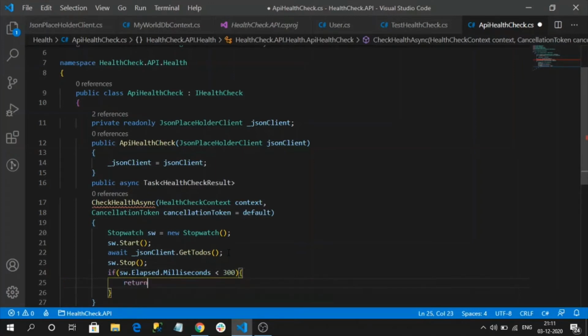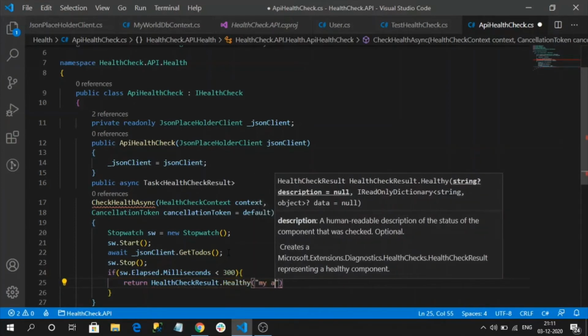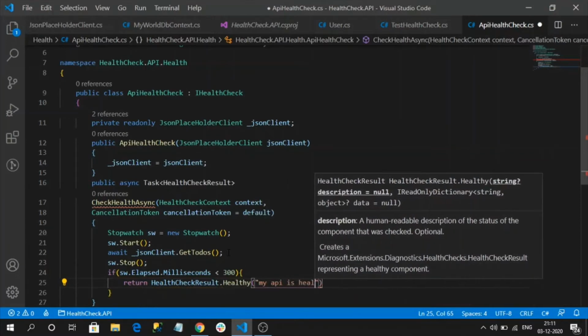So I am returning health check result dot healthy. I am giving the description, My API is healthy.